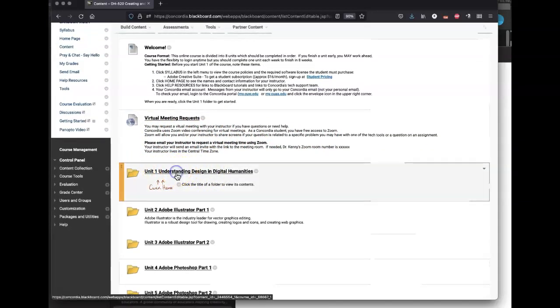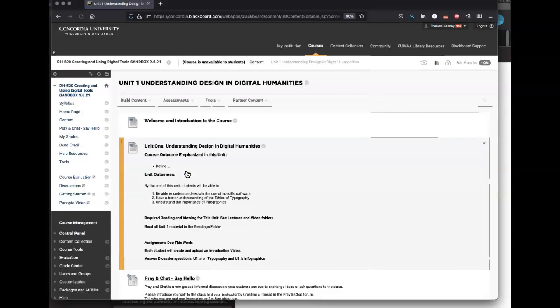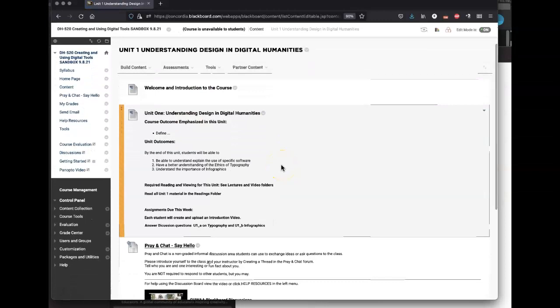The way that you get into these units is you just click on the unit, and it takes us to Unit 1. So our hope for Unit 1 is that you'll be able to better understand the use of specific software, have a good understanding of typography and the ethics of typography, and also understand the importance of